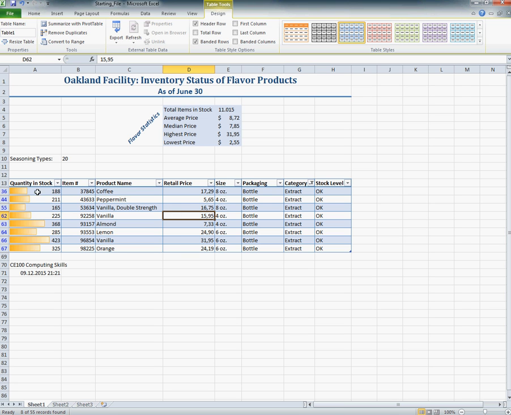But what is the quantity in stock? For this one, I open total row from design and I change the total here to sum. I see that there is 2,190